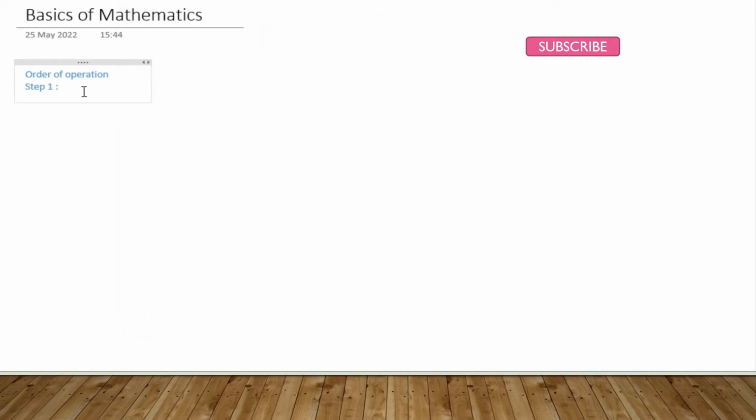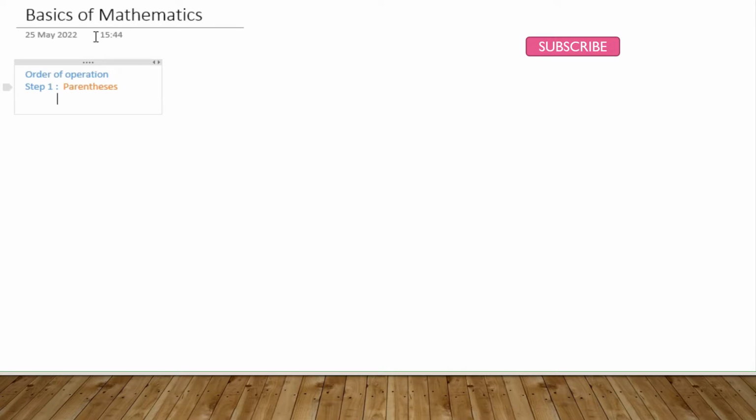Step 1, we have to focus on parenthesis. I am going to explain with an example, but before that I have to give a brief explanation. Parenthesis means